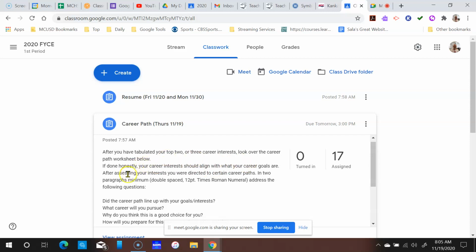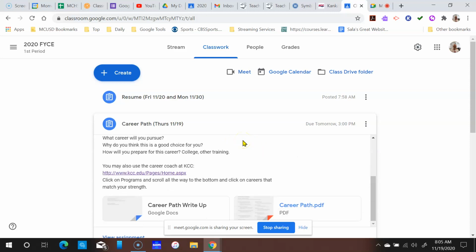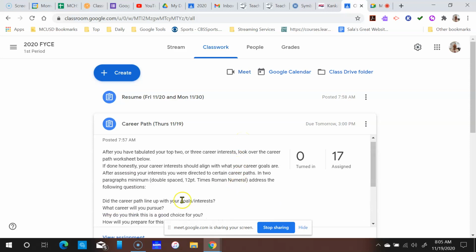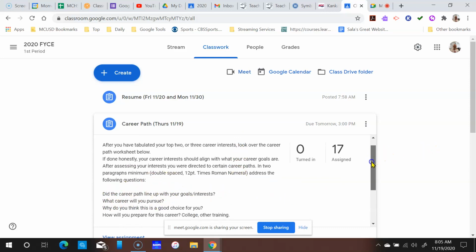What you're going to do then is write up two paragraphs minimum. I'm not making it an essay, just a couple of paragraphs minimum for you to reflect, now towards the end of this course, on those interests and how they align with your goals for a career in the future. You're going to address some of these questions right down here.